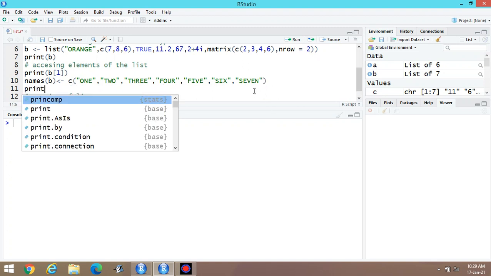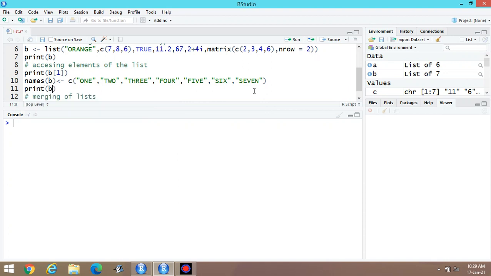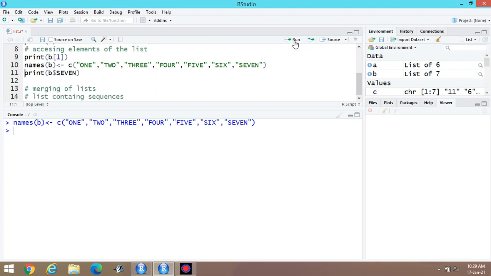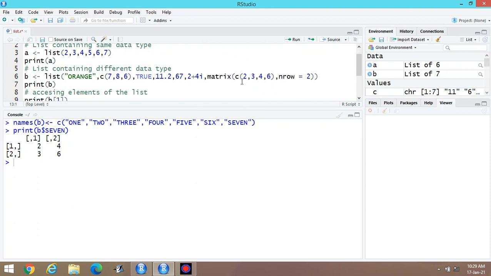Suppose I am printing now, print B, then dollar sign, 7. Now execute the program. Now it's okay. Now what is the meaning of 7? It means it will print the matrix.